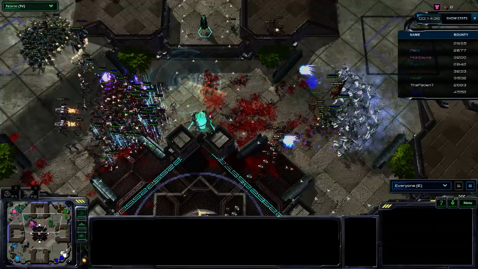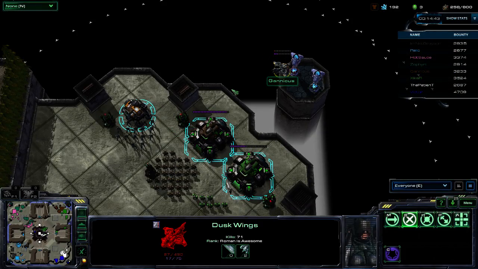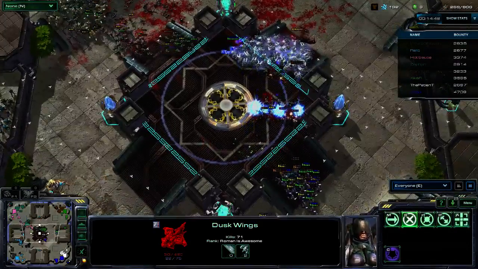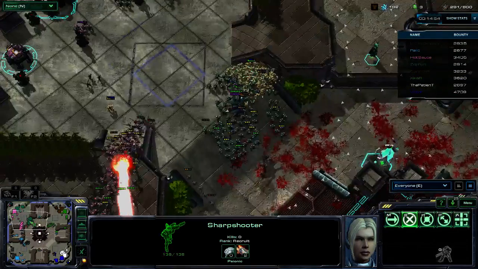In fact, that Duskwing almost was taken out, very close. He was only a few hit points away. And honestly, I feel like at this point he should probably just kill it and just hope for some better supply with his mercs. Yeah, but he has a lot of supply, so...